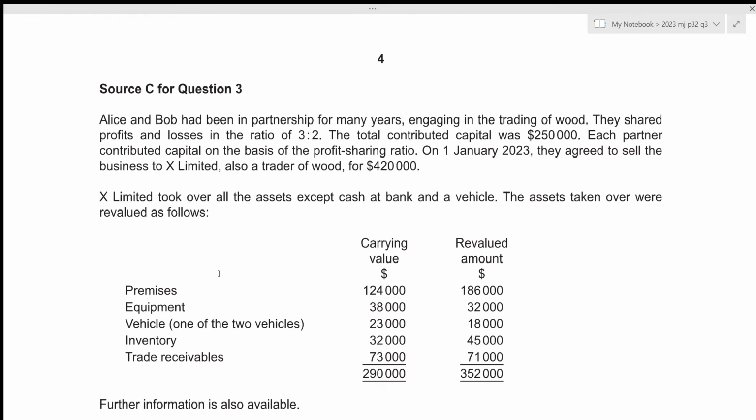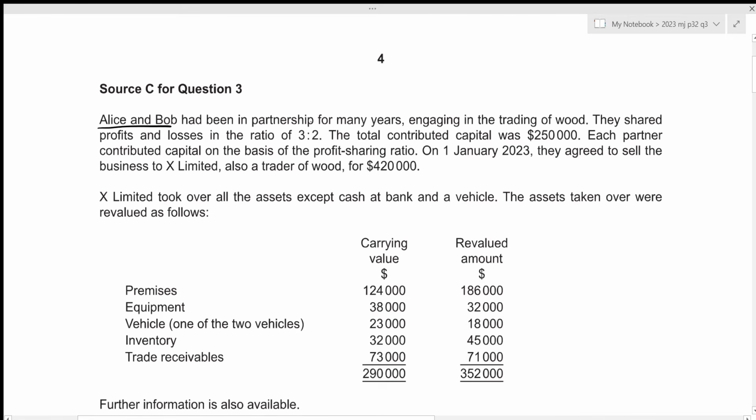This is a structured paper 3 which consists of 3 questions and each of them will be of 25 marks. The total time limit given for this paper is 1 hour and 30 minutes, which means that ideally you should be spending about 30 minutes in order to solve each question. And in this video as well, we'll be attempting to solve this question under 30 minutes. So without any further delay, let's get started.